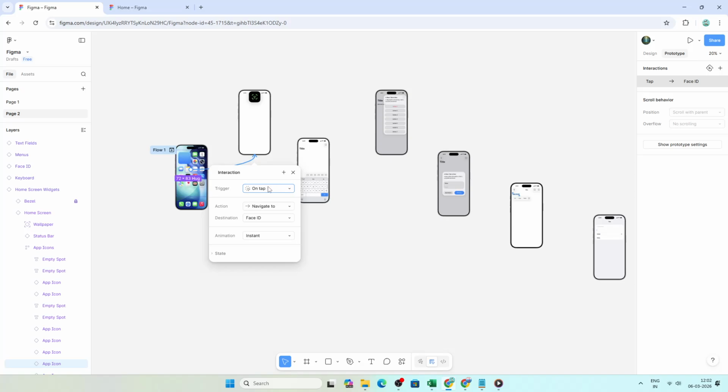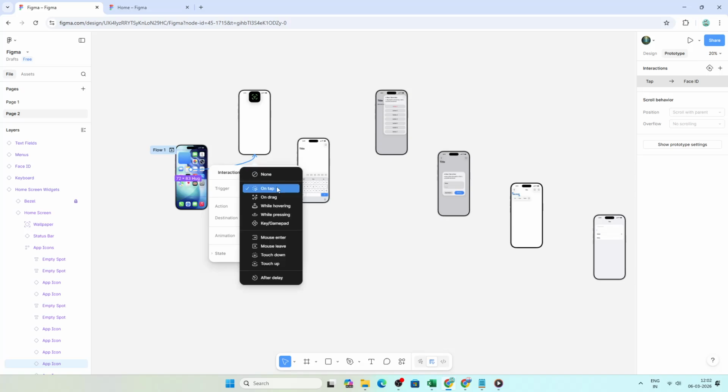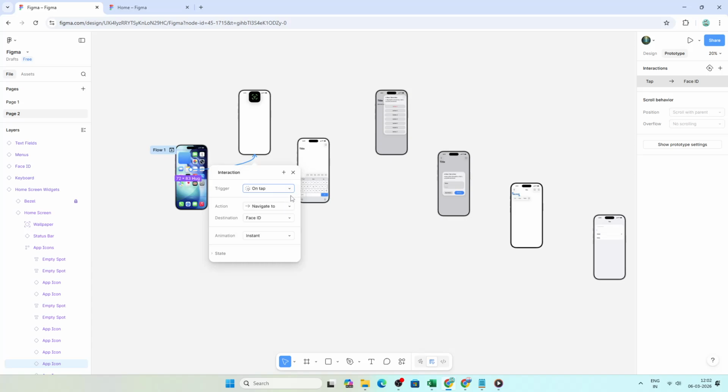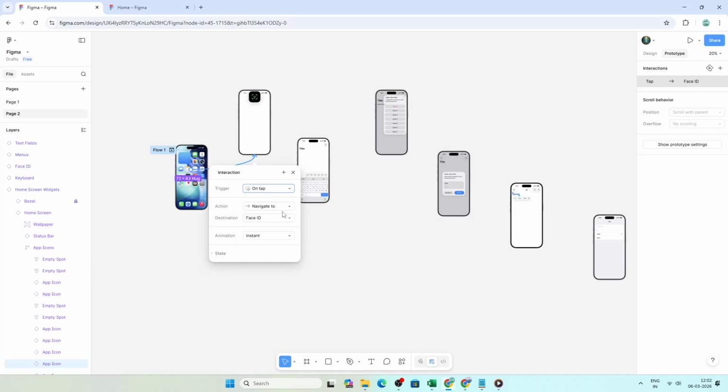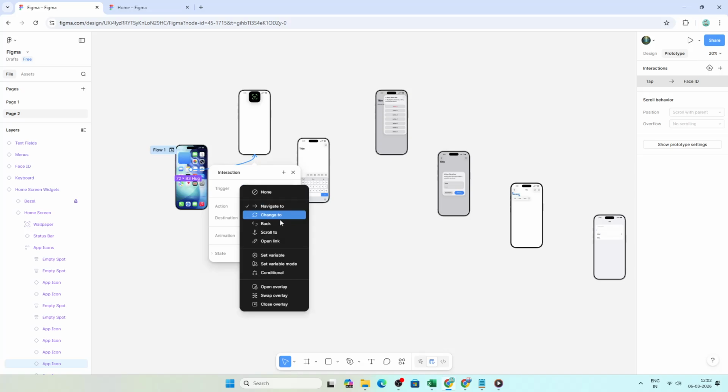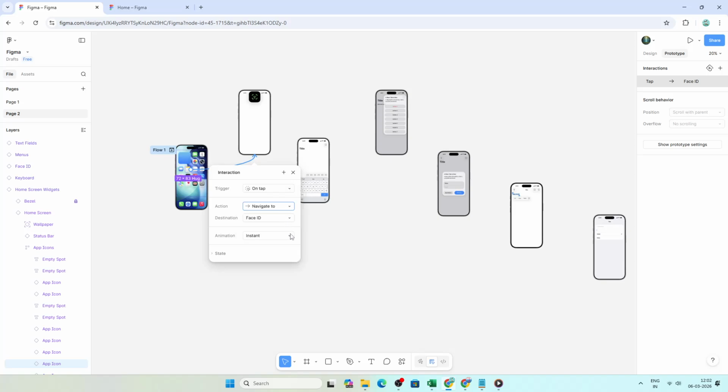With the connection selected, set your triggers and actions. Pick how the interaction should start: on click for buttons, on drag for carousels, or hover for subtle reveals. Then choose what happens as a result, such as navigate to for moving between screens or open overlay for layered content. Fine-tune the transition by selecting an animation type and timing, so it feels natural and matches the behavior